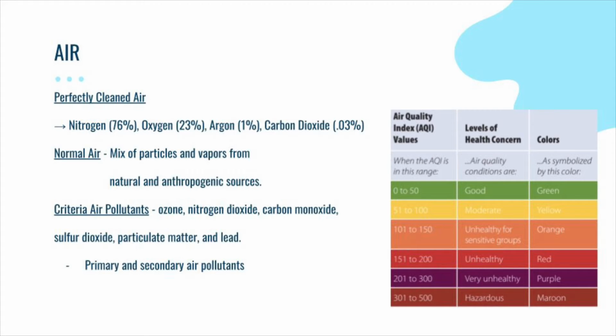Next, we also have the Air Quality Index, or the AQI, which can be used to check air quality in a local area and what health effects may be of particular concern for an individual. This can be found in your weather apps, such as on the iPhone if you scroll down a little bit. And the quality and corresponding health effects can be seen in the table to your right.